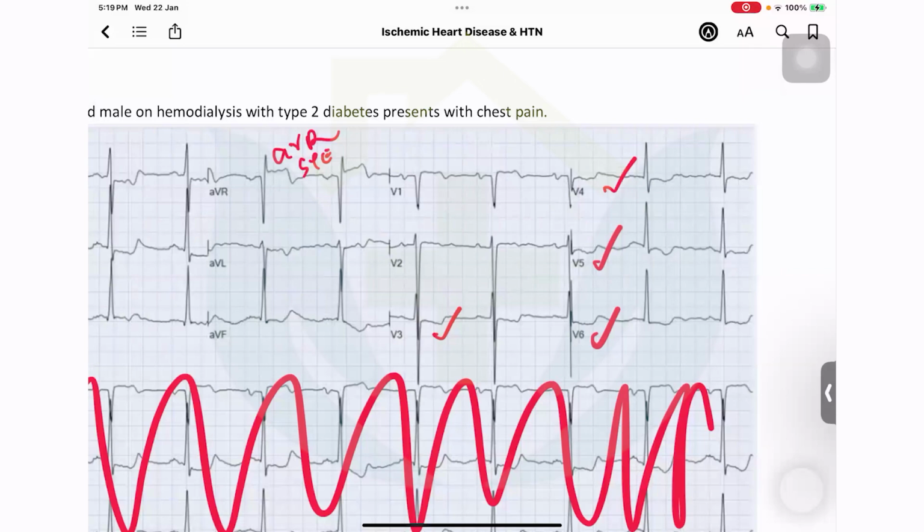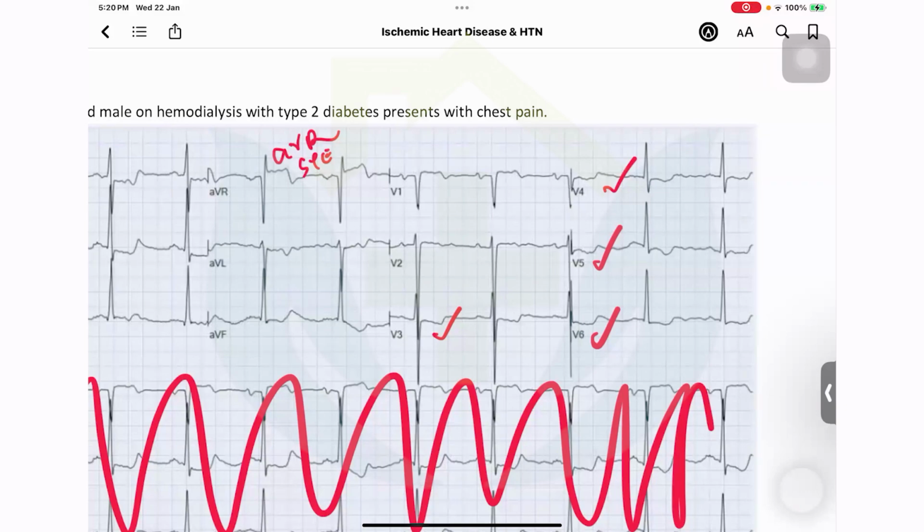But what kind? In left main disease, this is the typical picture: ST elevation in AVR and ST depression in precordial leads. In MRCP part 1, they do not give you ECGs, but in part 2, they will definitely give you ECGs, and identifying a left main coronary artery disease or left main STEMI. Left main is always considered as a STEMI, and it is also considered as a triple vessel disease.